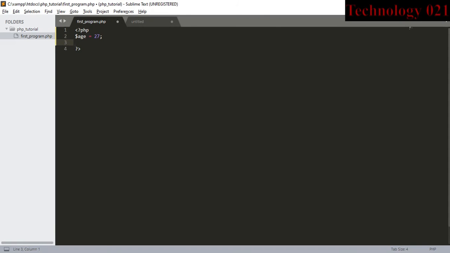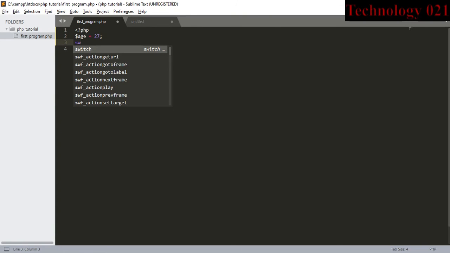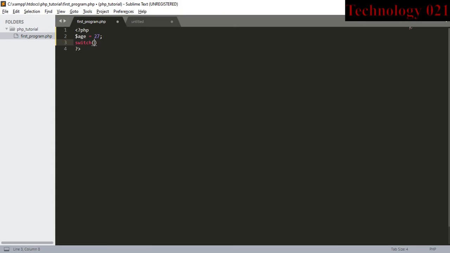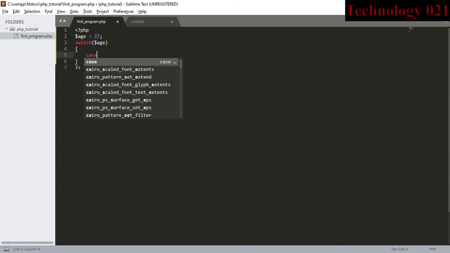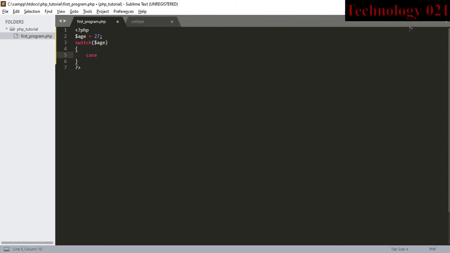Now I will write here switch and I will pass that variable $age. Now I will write the first case: when $age is greater than 0